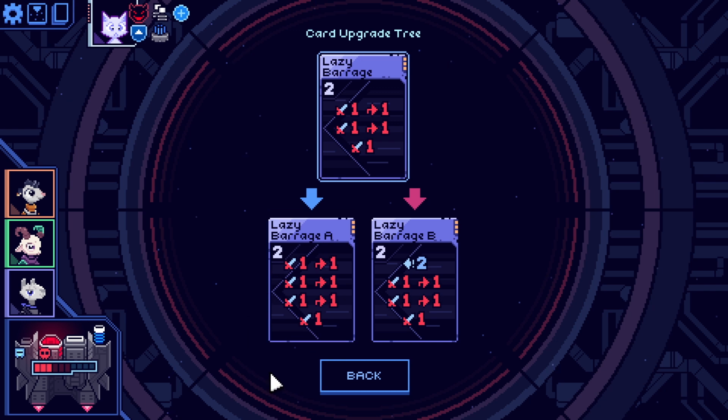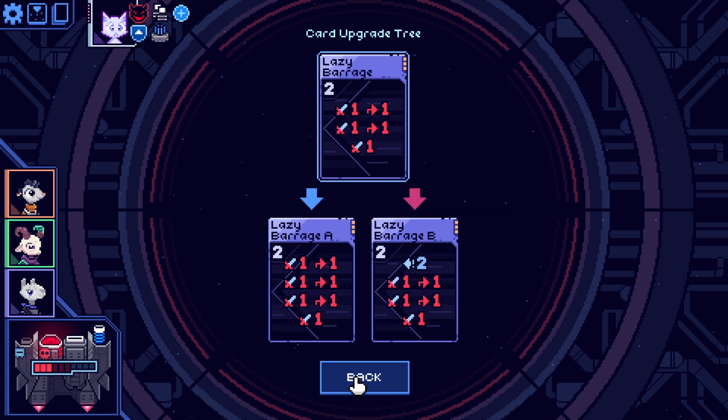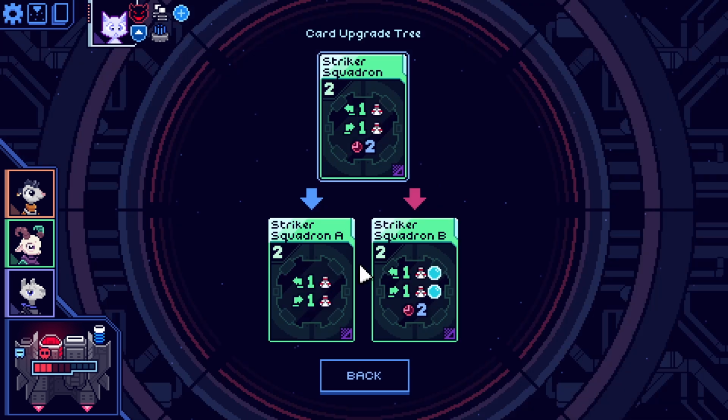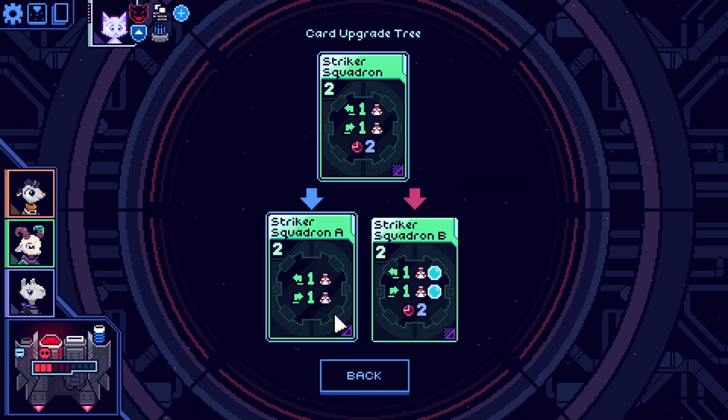Lazy Barrage. Do damage, move, do damage, move, do damage, move. Moves the enemy, it doesn't move you, which is very interesting. I kind of like Striker Squadron. It's good damage. And if you upgrade them to have bubble shields, that's good bubble shields. Or you could upgrade them to not exhaust, but